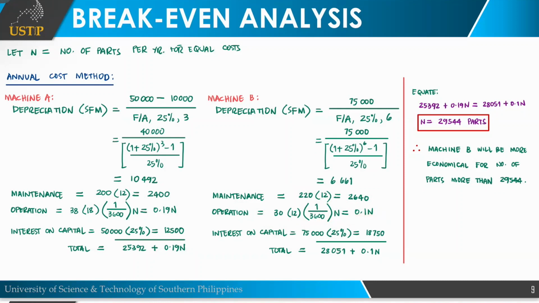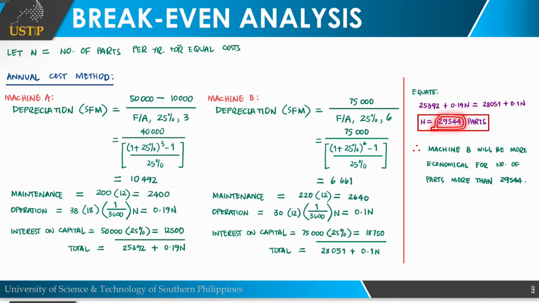So, the interest on capital, same, 25%, but the original cost is 75,000. So, the interest per year is 18,750. Okay, so the total is 28,051 plus 0.1 n. And then, again, we equate machine A and machine B. And the idea is, what is the number of parts or number of units at which the costs of your machine A and machine B break even? Okay? So, if we equate that one, we'll get an N that is